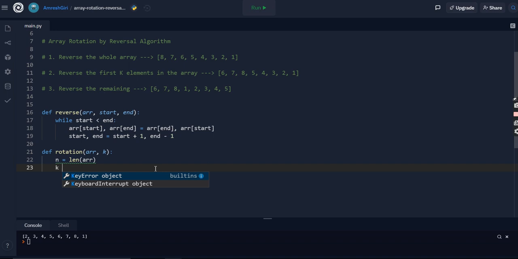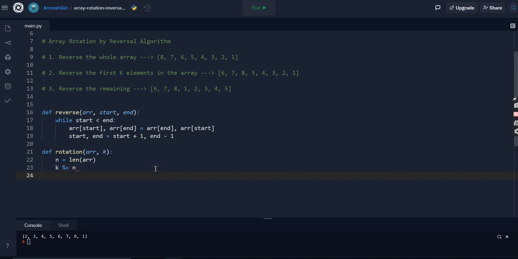check, for example, we have an array of size 8, but our rotation can be like rotate the array on 6, 16 or 10. So we are going to take a mod of the length, and then we are going to simply take the value, which is a remainder. So ultimately, if we are going to rotate an array of size 8 on 10, then after the modulus operation you have only 2, so you need to rotate the array on 2, right?